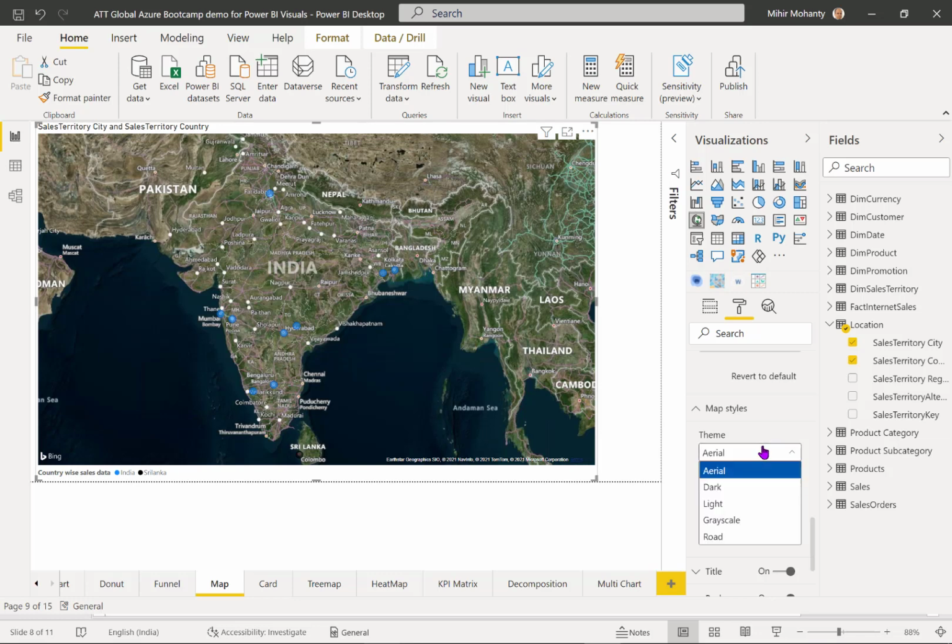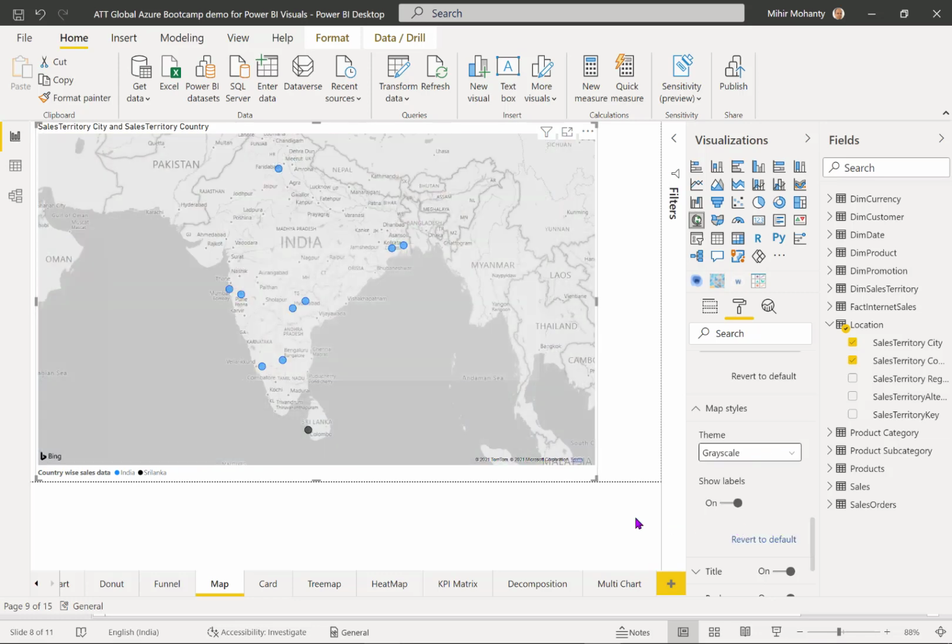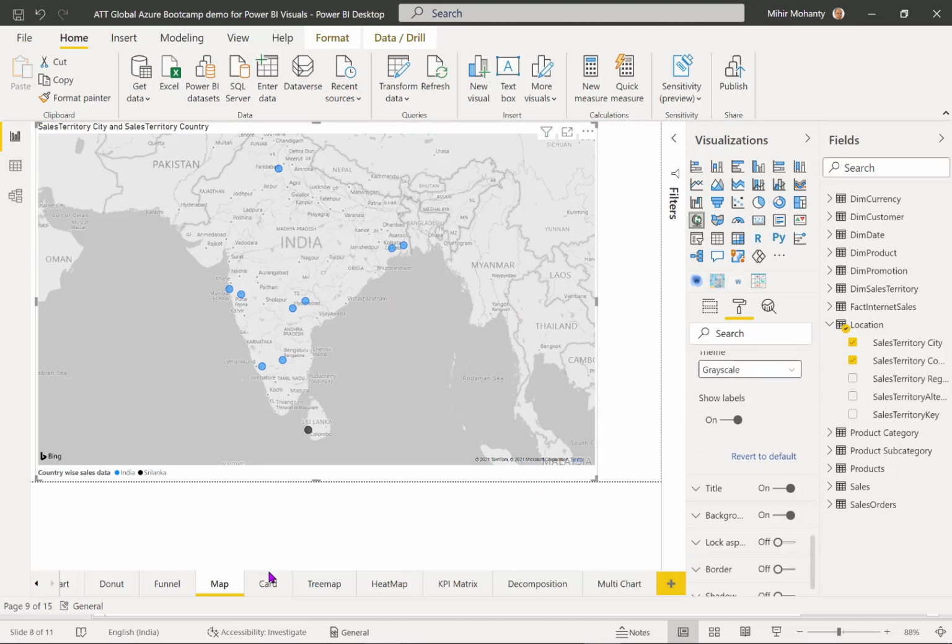If I move from aerial to grayscale, this is how a gray color map will look, and this is how you can quickly recognize what is what and get going with your data sets. These are some of the interesting visuals you can explore.